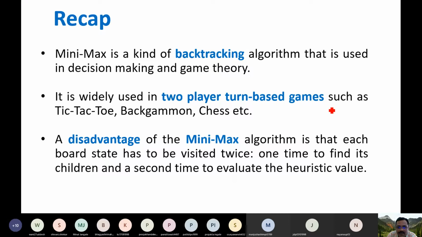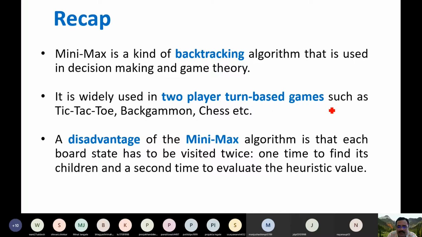In that game tree we have alternate levels where the maximizer and minimizer make their moves. We use the depth first mechanism, DFS, and explore the complete game tree.